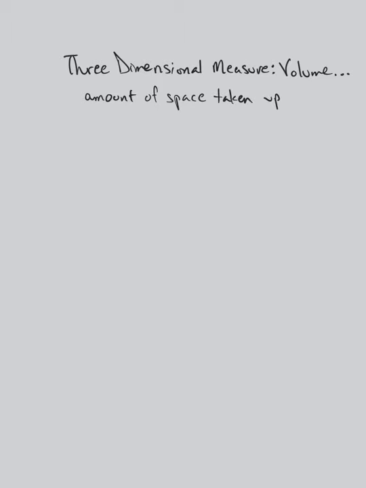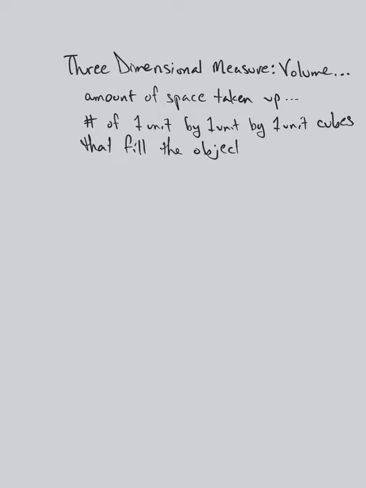And just like with area, remember area technically is the number of 1 unit by 1 unit squares. Volume is equivalent. It's the number of 1 unit by 1 unit by 1 unit cubes that fill the object. Okay? And so one key thing here is that volume has cubed units. And we're going to talk about 4 basic three-dimensional objects and